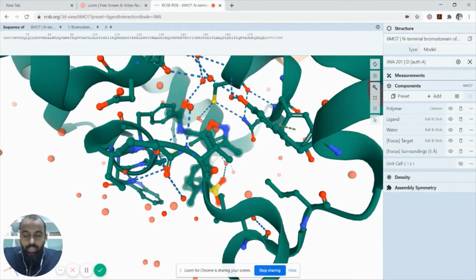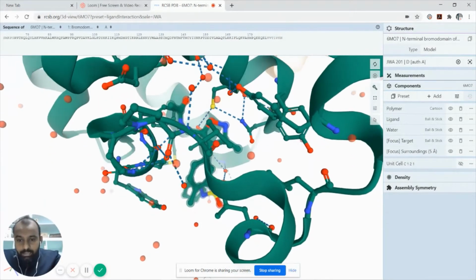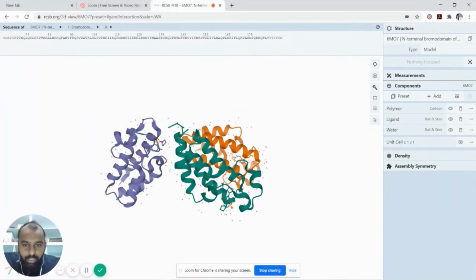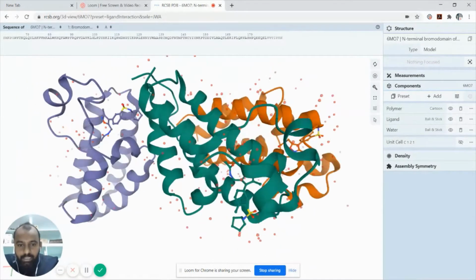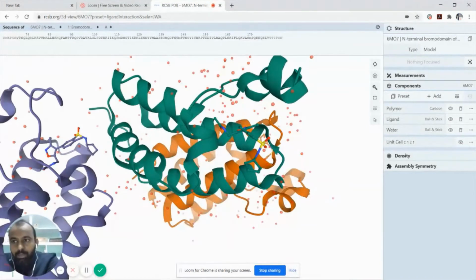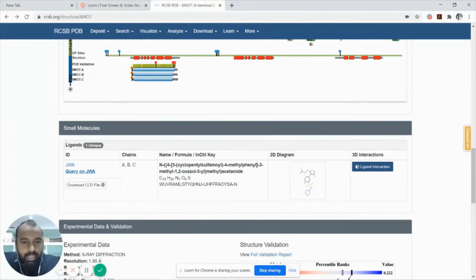So first you need to know what water molecules are available in that binding pocket. Let us take this red one; these are the indication of water molecules. If I click it, it gives me a residue number, that is 374. So let me go back and click the ligand interaction once again.